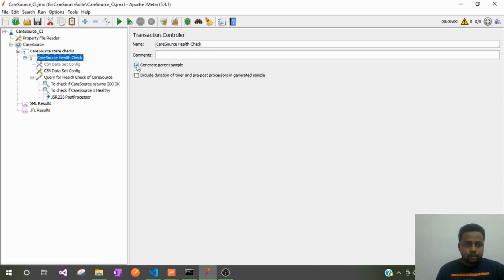Otherwise, if we don't check this checkbox, you will find the HTTP request comes first and the transaction controller goes next to it, and looking at the results you will get confused. So it is very important to check this checkbox so that all the HTTP requests under the transaction controller go under it to maintain the proper structure.